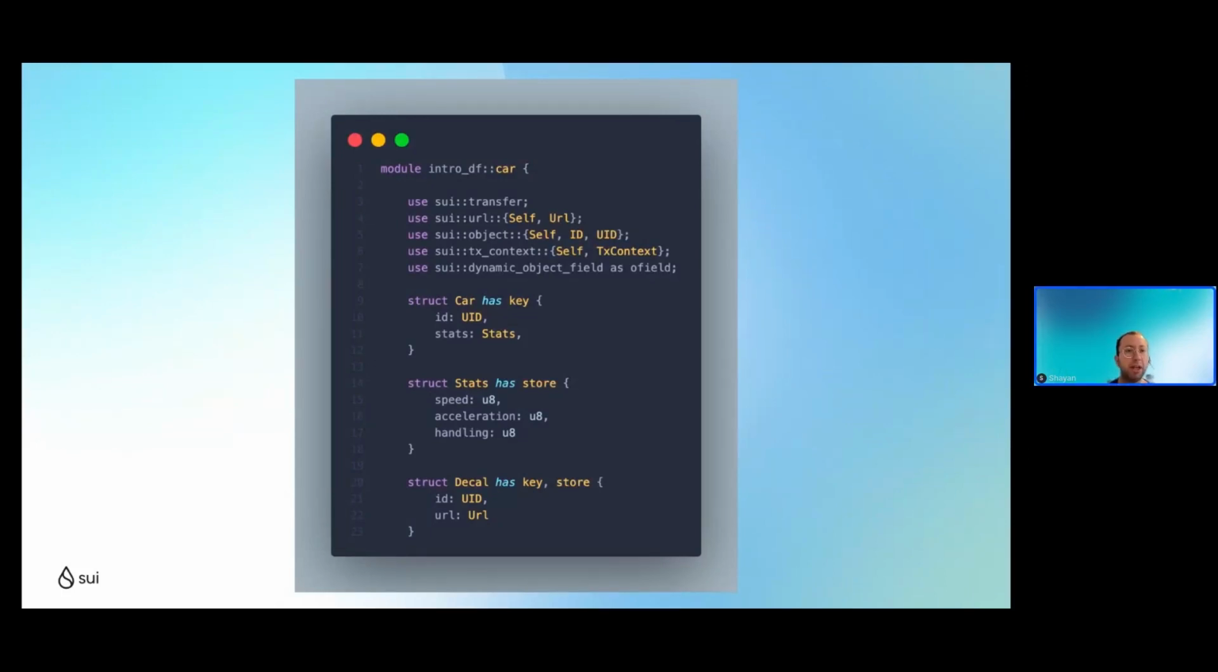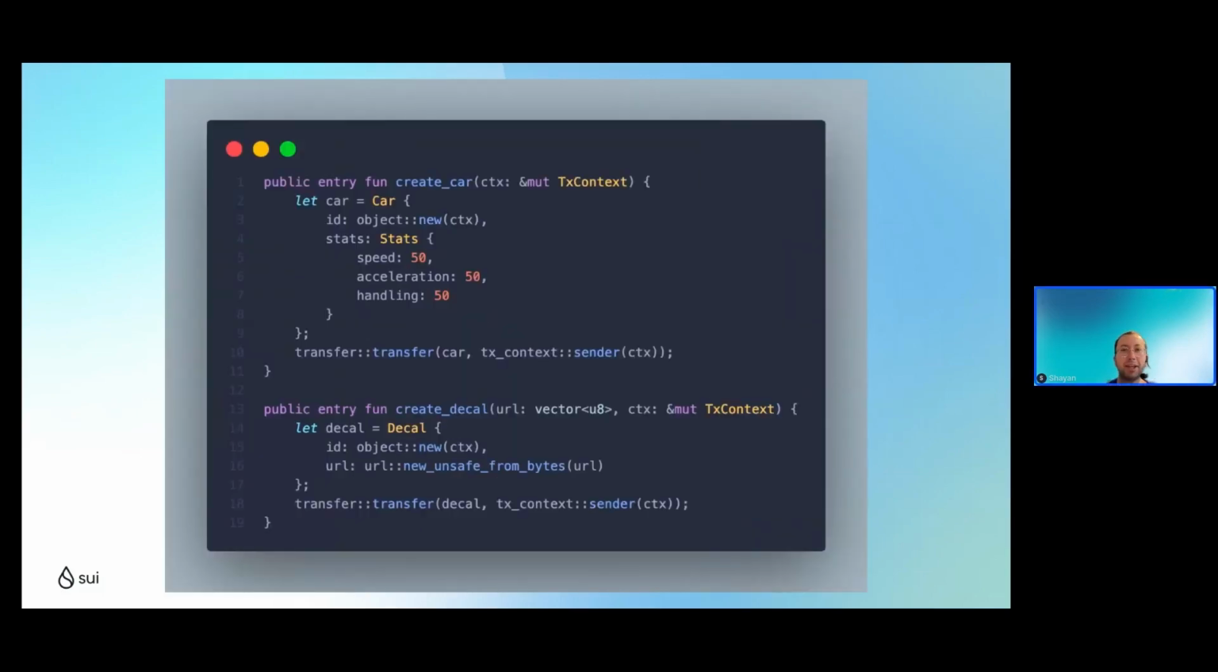So we have the car and decal IDs. In this example, we want to be able to add decals, like stickers, to our car. But how can we do so if there's no sticker or decal field inside our car object? And then, as you may have guessed, dynamic fields, right? So first, let's actually create our car and decal objects